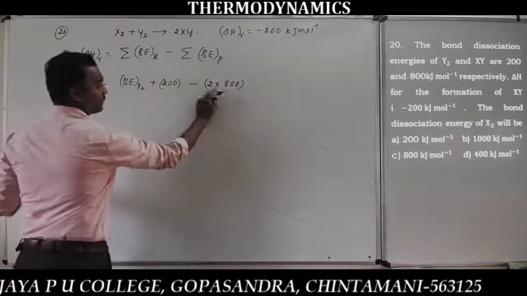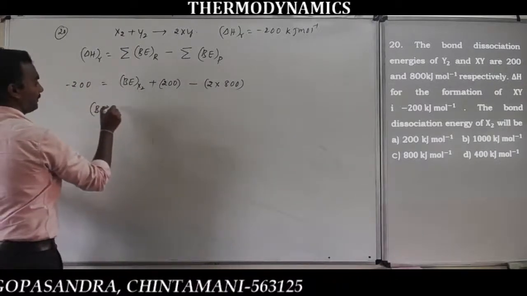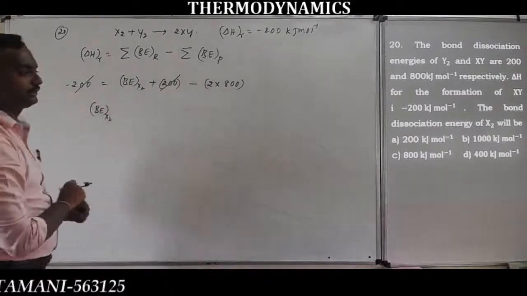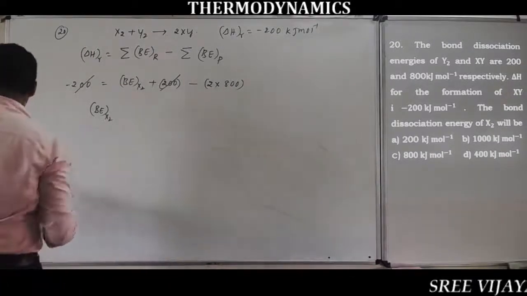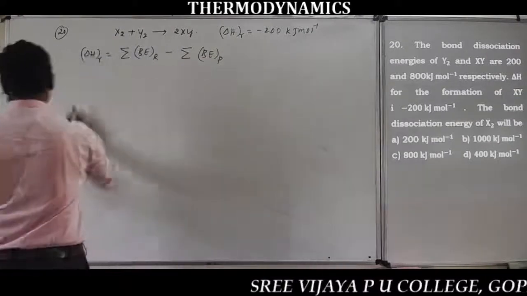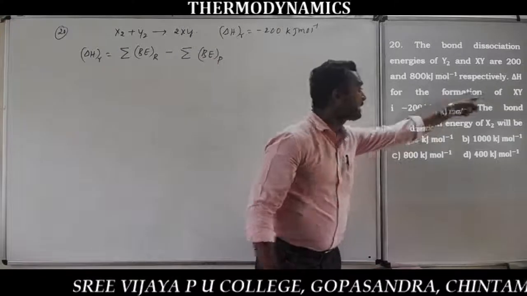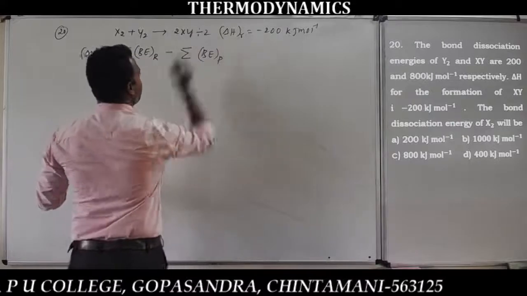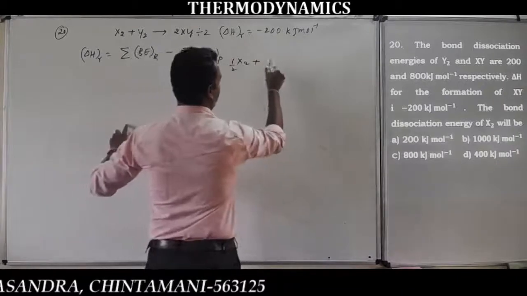So ಇದು ನಿಮಗೆ ಏನಾಗುತ್ತೆ 8 to 16,600 ಆಗುತ್ತೆ. ಈ ಕಡೆ ತಗೊಳ್ಳಿ. So ಇದು bond energy of X2 plus okay ಇದನ್ನು ಕ್ಯಾನ್ಸಲ್ ಮಾಡ್ಕೊಂಡು that is equal to 200 ಕ್ಯಾನ್ಸಲ್ ಆಗುತ್ತೆ. ಅಬ್ಸರ್ವ್ ಮಾಡಿ. Okay, sorry. ಒಂದು ನಿಮಿಷ ಇಲ್ಲಿ 2 moles ಇದೆಯಲ್ಲ. So delta H for the reaction ಕೊಟ್ಟಿದ್ದಾರೆ ನೋಡಿ. Delta H for the formation of XY ಅಂದ್ರೆ 1 mole ಗೆ ಮಾತ್ರ ಆಗಿರೋದು. So first ನೋಡಬೇಕು ನಾ ಈಕ್ವೇಷನ್ ಆಯ್ತಾ divided by 2 ಮಾಡ್ಕೊಂಡು ಏನು ಬರುತ್ತೆ, that is 1/2 of X2 plus 1/2 of Y2